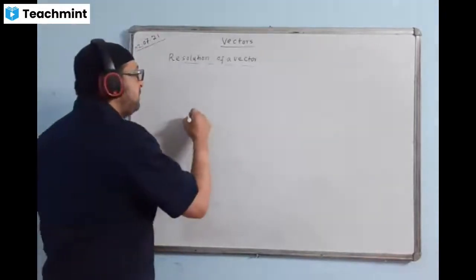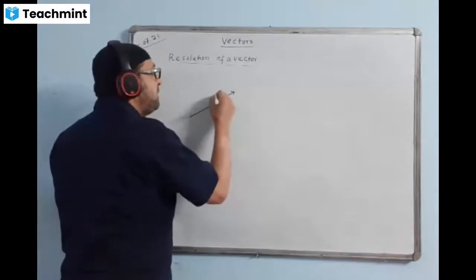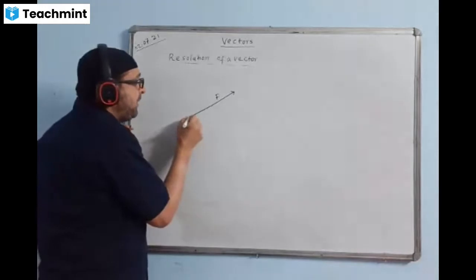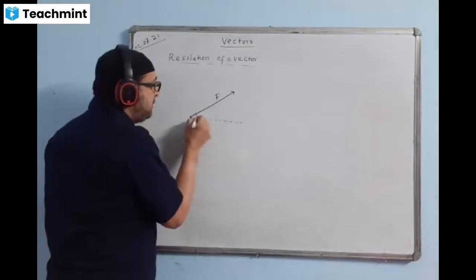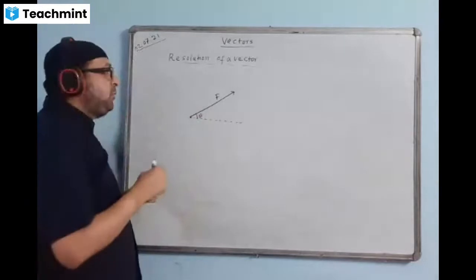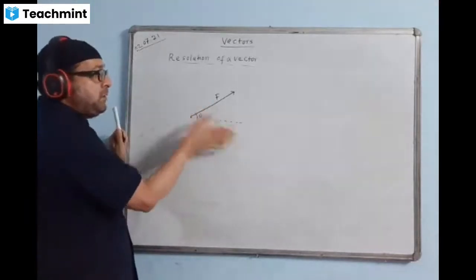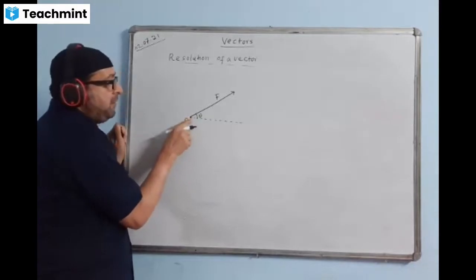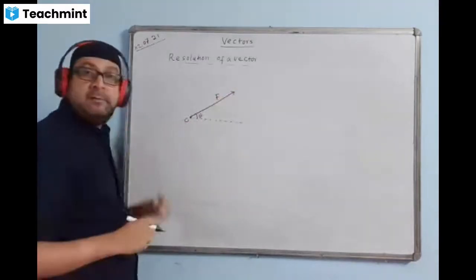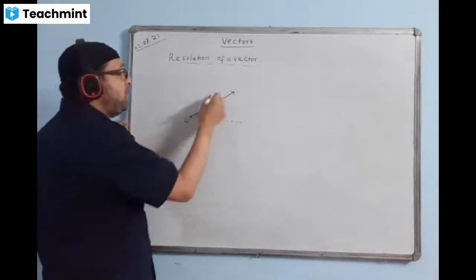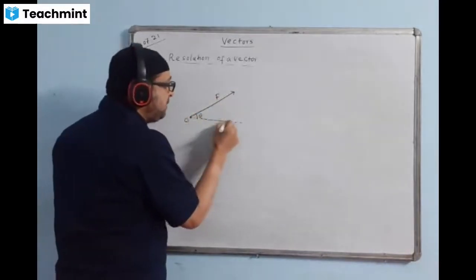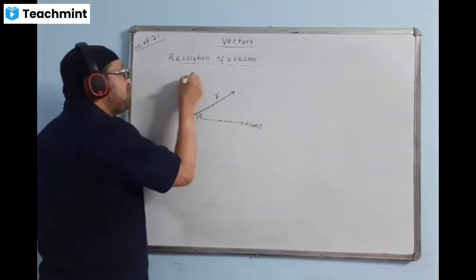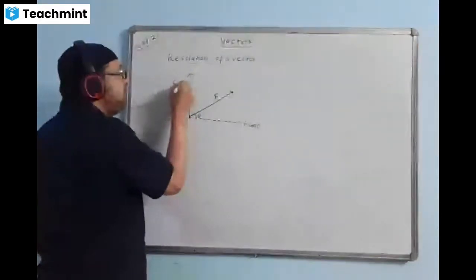Suppose we are having a force like this. This is the force. This force is making some angle, theta, like this. This force we can break into two components. One component will come at the origin, we always break from where it is starting, here, not at the tip but at the tail. One component I'll mark like this. This component value will come f cos theta, and another component will come like this. This value will come f sin theta.